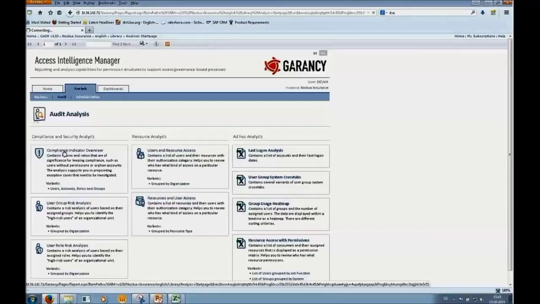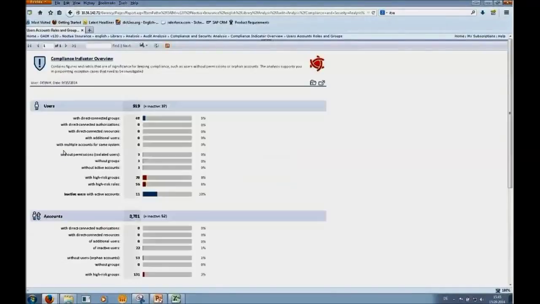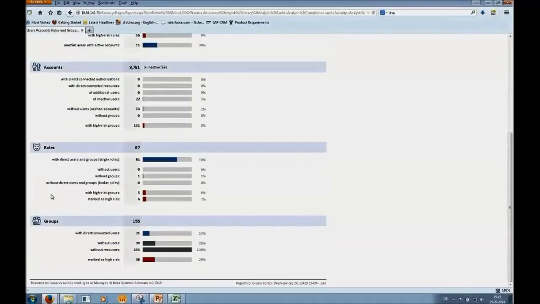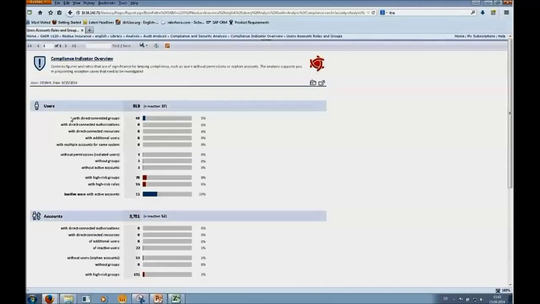We have spoken in the presentation a lot about compliance, and what we did is that we predefined KPIs, indicators that are of some compliance importance as a starting point for users in an audit situation. So you can see here that this is structured by users, accounts, roles, and groups. For the users, for example, you see there are 919 users in the system, 37 inactive users are listed as